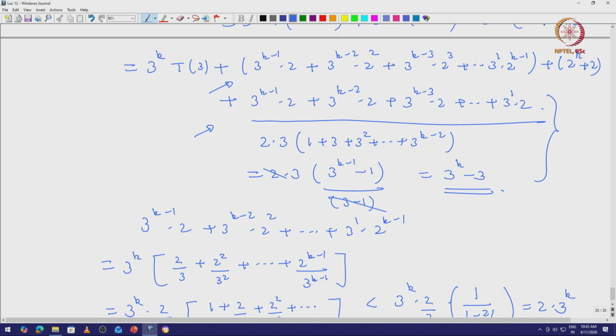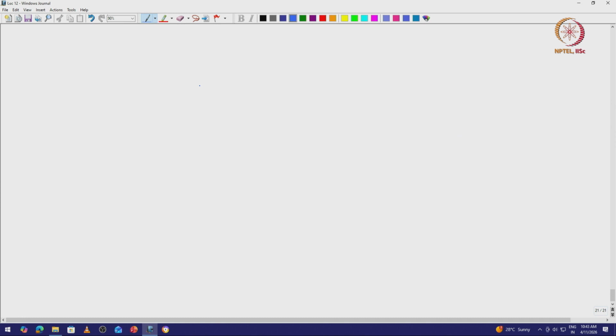Okay. And T of 3, what is T of 3? Multiplying two 3-bit numbers, even if you do it the naive way, is 9 multiplications, right, maximum 9. Let us take 9. Therefore, assuming T of 3 is 9, because directly if you want to multiply two 3-bit numbers, assume you have done it in a naive way, even then it is only 9. Therefore, T of n